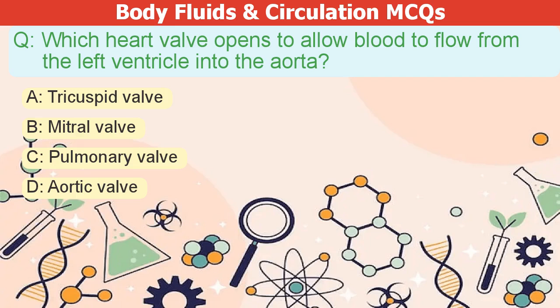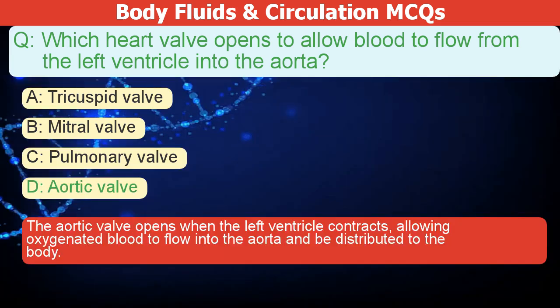Which heart valve opens to allow blood to flow from the left ventricle into the aorta? A. Tricuspid valve. B. Mitral valve. C. Pulmonary valve. D. Aortic valve. The correct answer is D. The aortic valve opens when the left ventricle contracts, allowing oxygenated blood to flow into the aorta and be distributed